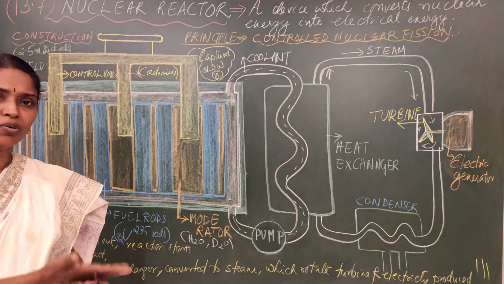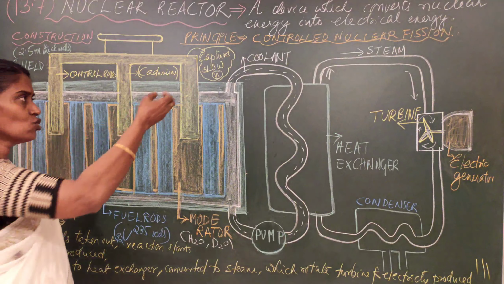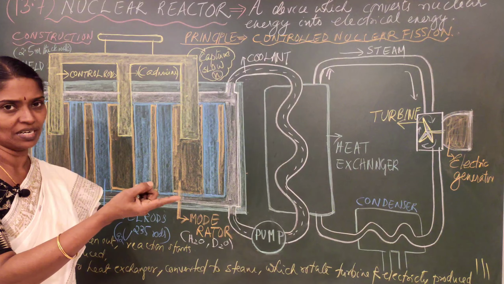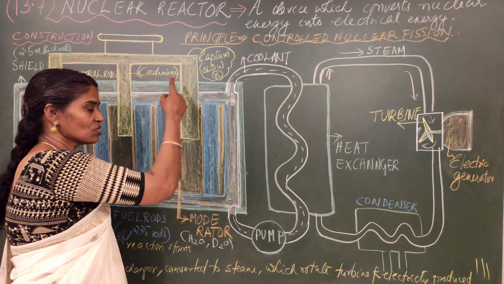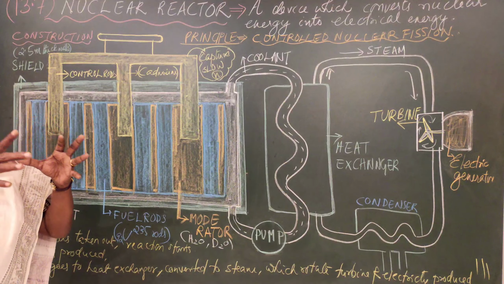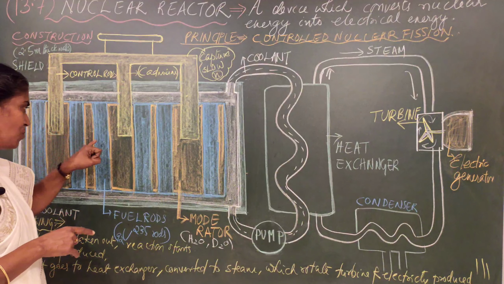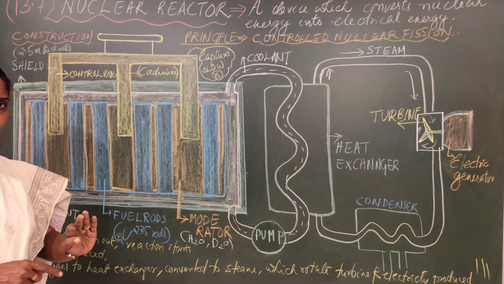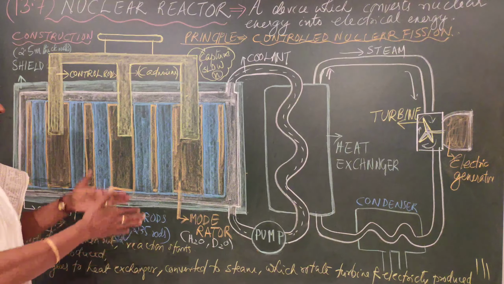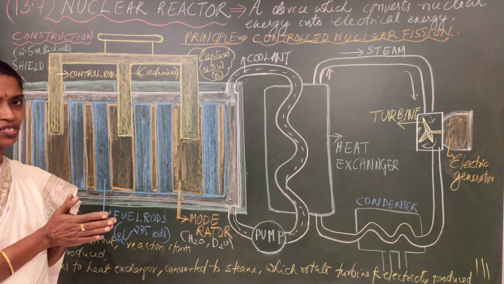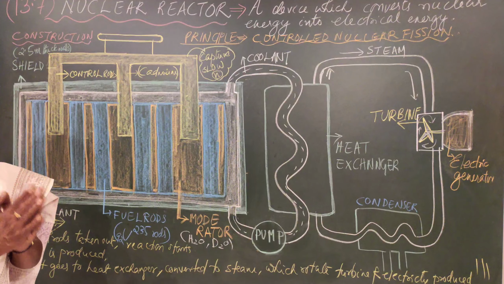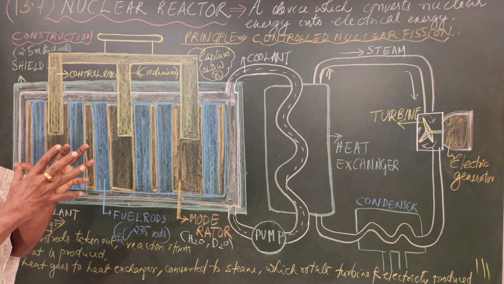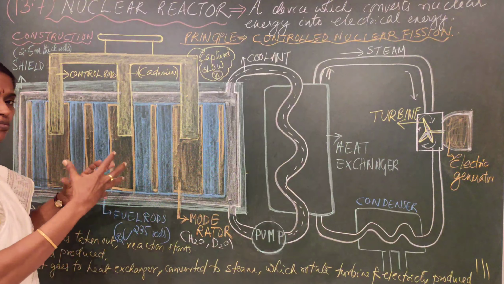Those slowed down neutrons are captured: 2 are absorbed, and 1 is left for another fission. That is done by the control rod. So the 3 main working parts are the fuel, the moderator, and the control rod. Is it clear? Now the remaining thing is that enormous heat is produced. Once the controlled reaction starts, the generated heat is a huge value. That heat makes the whole system warm.